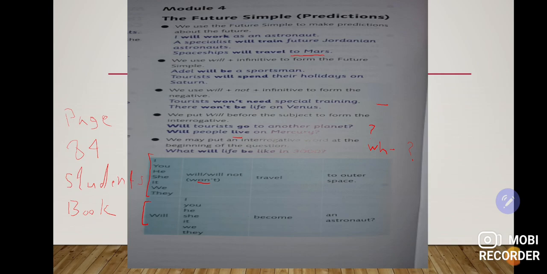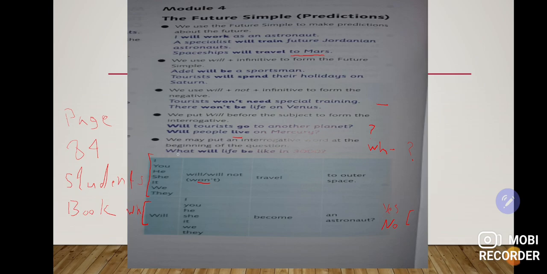Now, for asking questions: will I become an astronaut? Will you become an astronaut? This kind of question happens when we want to answer with yes or no. If we want to answer with full information, we start with the WH question.